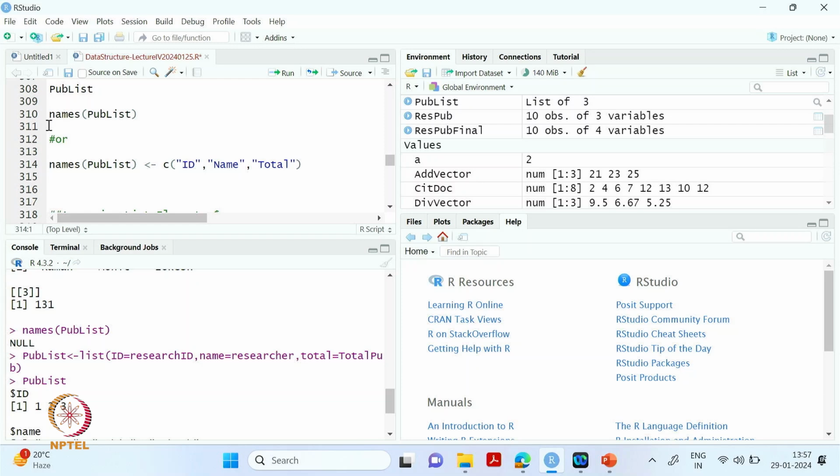So how will we add those names? We will be using the names function again, and in the names function we will be saying that these are the three element names you assign. Here, instead of the same names, I am taking different names. Say for example, I say it as id, idoc. Then instead of name, I say it as researcher, and then for total, I say tot pub. If I do like this,